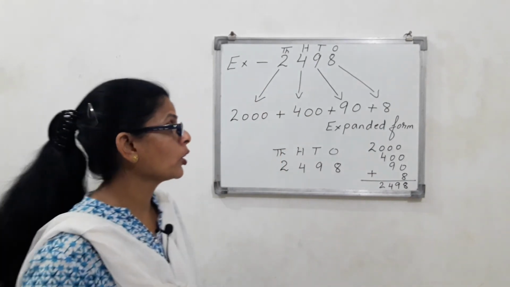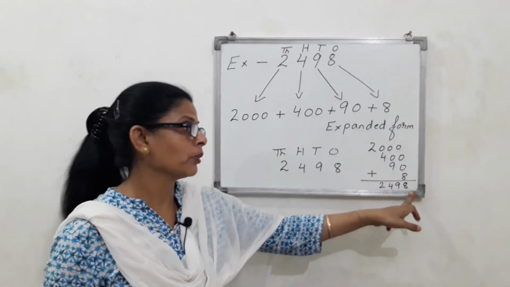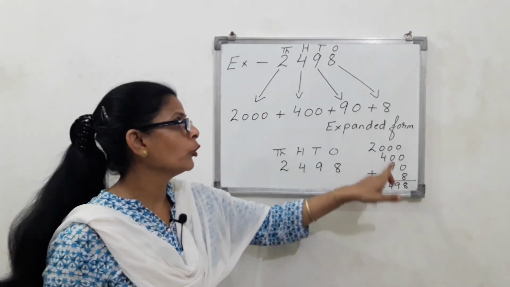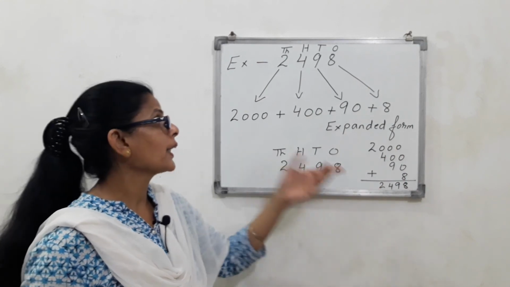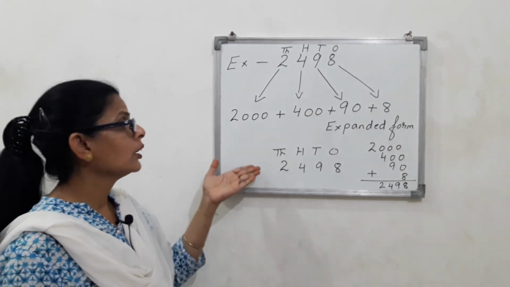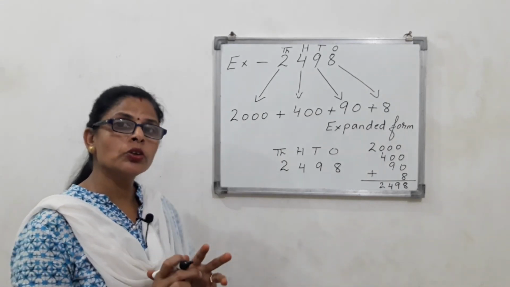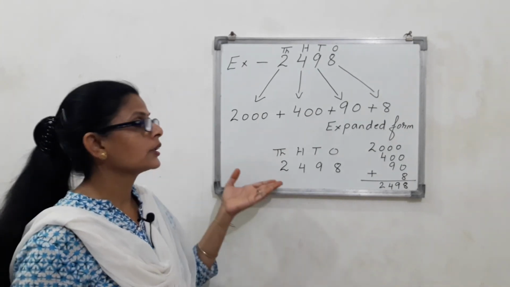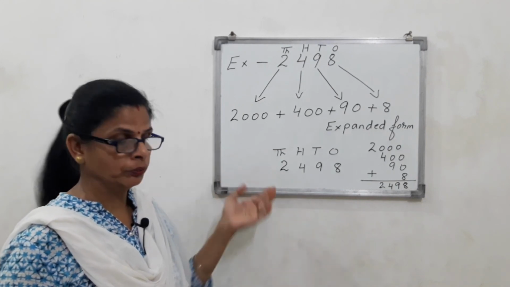Yes, because if we add 0 to any number, we get the same number. 8 plus 0 is 8 only, 9 plus 0 is 9 only, 4 plus 0 is 4 only and 2. So expanded form means to enlarge it, and short form means standard form, to shrink it, right? So this is called the expanded and the short form. Clear everyone? Next,